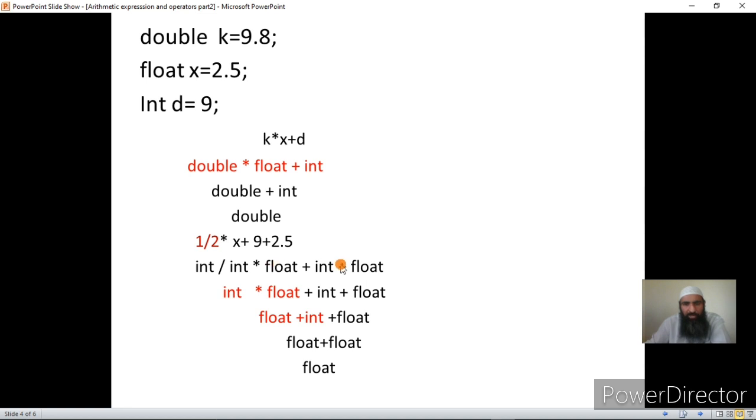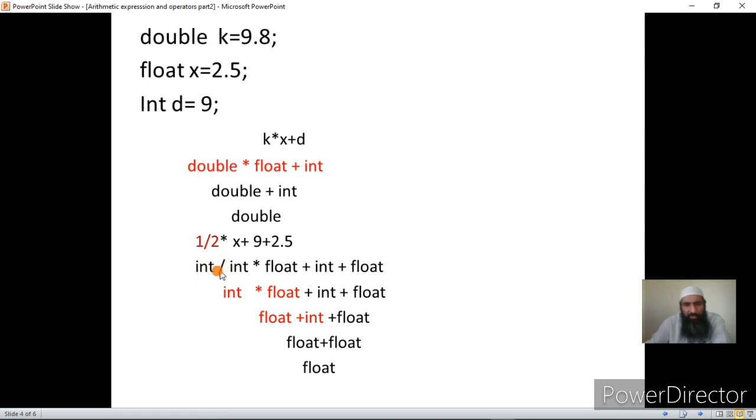How many operations are done at a time? One. How does the compiler know which operation it has to perform? It checks the precedence. It knows that the precedence of divide and star is the same. So the compiler now knows which operation it should perform. It will use the associativity rule for that. So it will first go for the division, and the division is the first operation that will be performed.